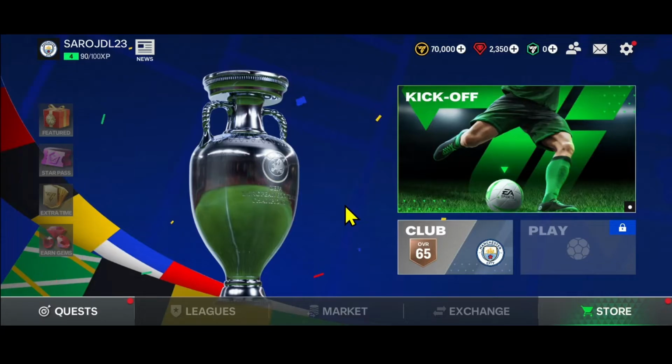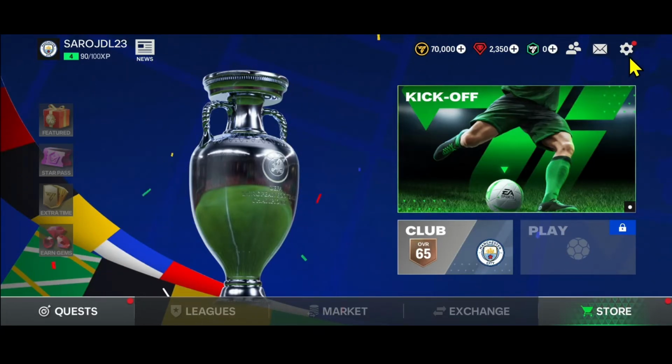First of all, open up the FIFA mobile game on your device. And if you're playing for the first time, you will be asked to complete the basic tutorial levels, after which you will be allowed to choose your home country and enter your username. Once you have done all of these, you will gain access to the main menu, from which if you wish